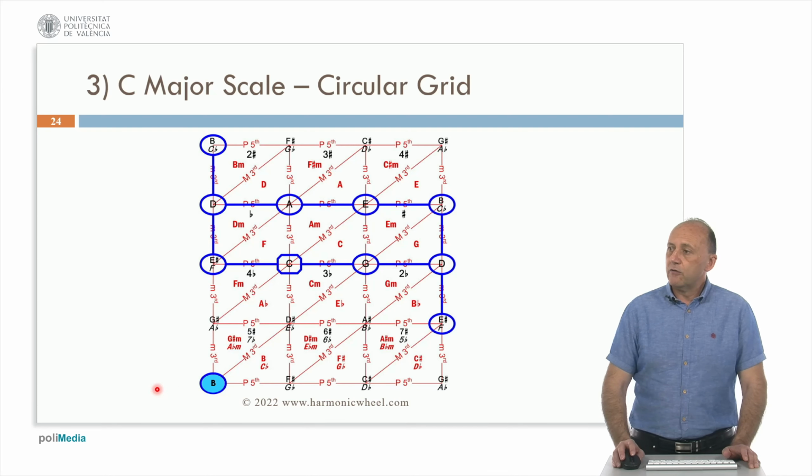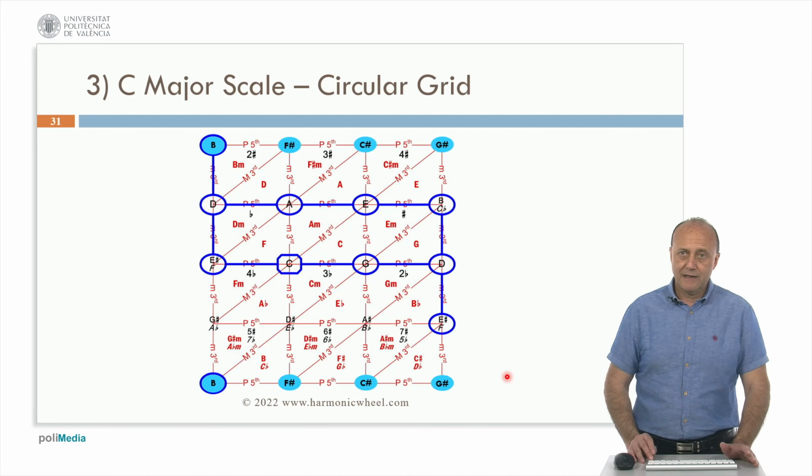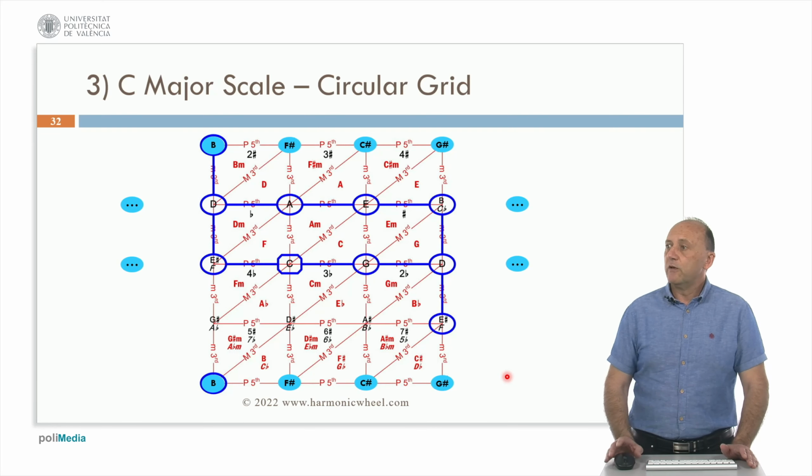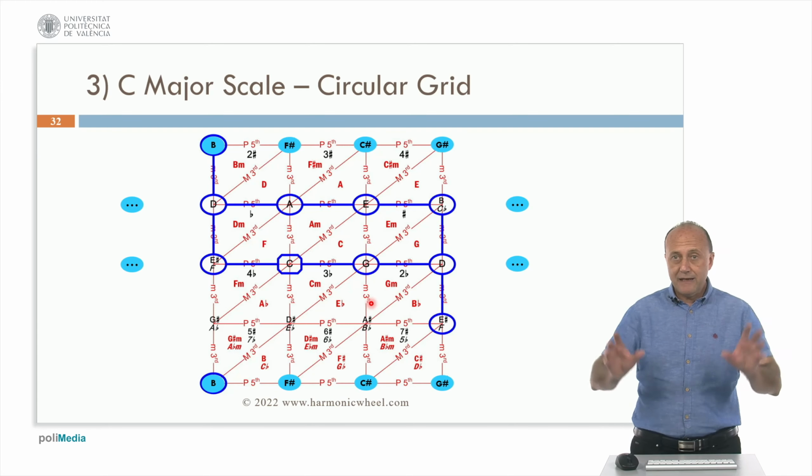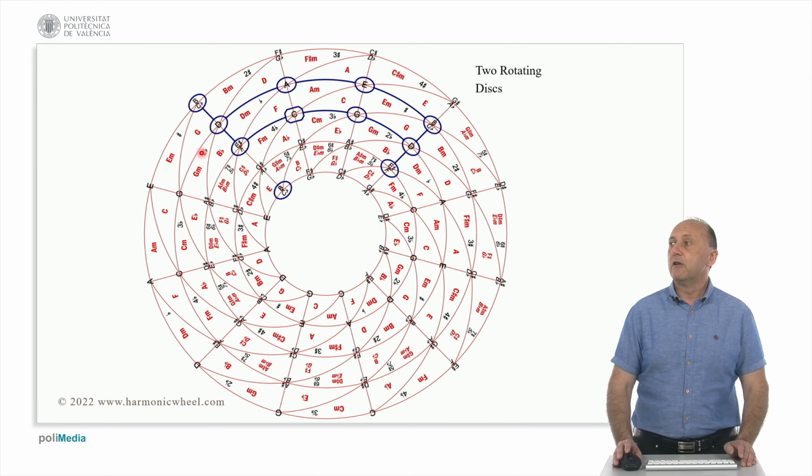If we look at the notes which are at the bottom of this diagram, they coincide with the notes at the top. Here, note B, F sharp, C sharp, G sharp. So we have a cycle in the vertical direction. By contrast, in the horizontal direction, we only have 3 perfect fifths intervals. So in order to complete the cycle, we need 12. If we do so and then we bend the figure, we will obtain this circular diagram, which is the harmonic